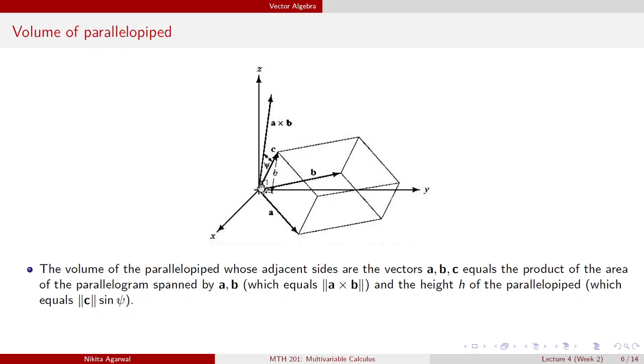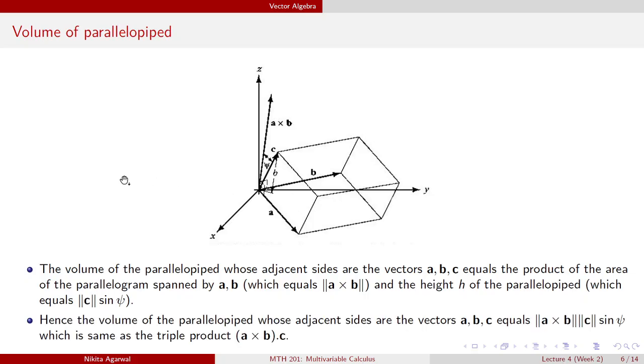So you get norm C sine psi, right? So whatever is this angle psi between A cross B and C, that's the angle between C and this. Okay. So if you take the product, what you get is norm A cross B times norm C sine psi. Hence the volume of the parallelepiped whose adjacent sides are vectors A, B, C equals norm A cross B, norm C sine psi, which is